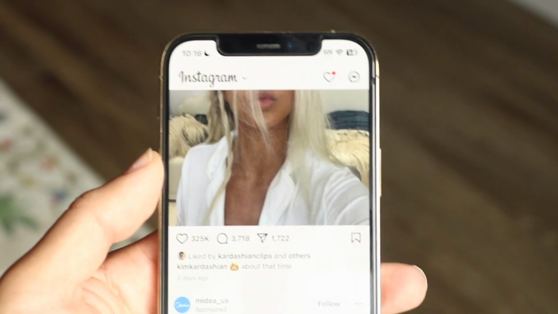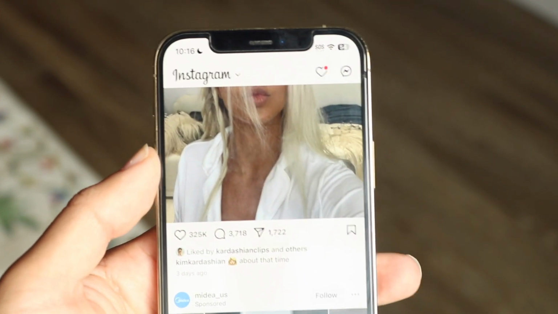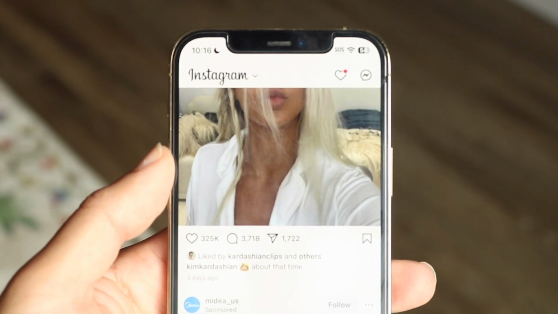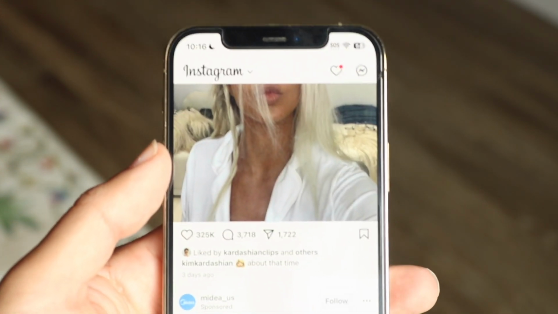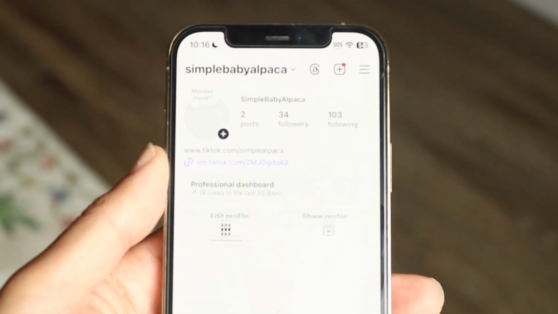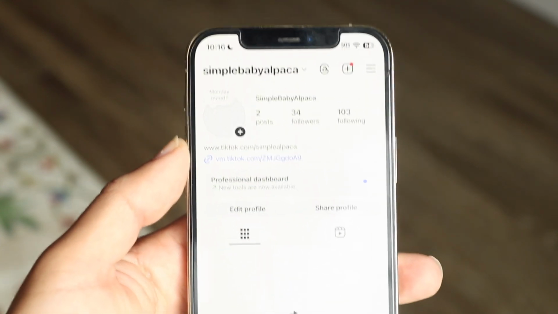If you repost a photo, it will get reshared onto your feed and other people will be able to see that you reposted it. So it'll say something like you reposted this photo, and it will show that photo. Now, it shows up on people's feed, but it will also show up on your own personal